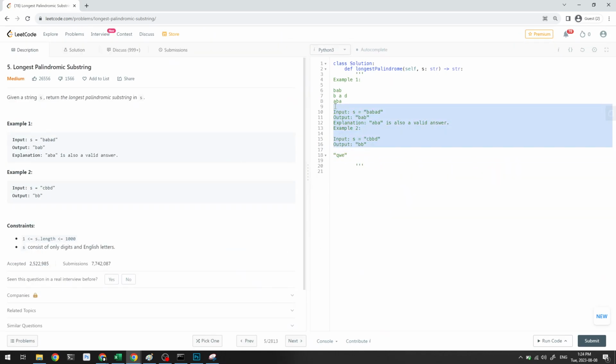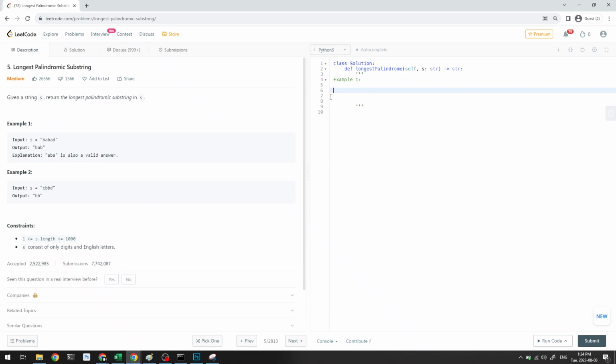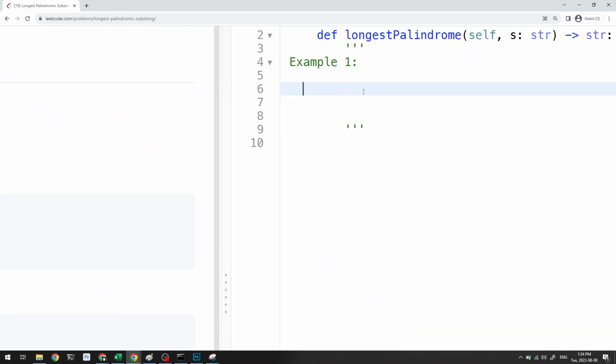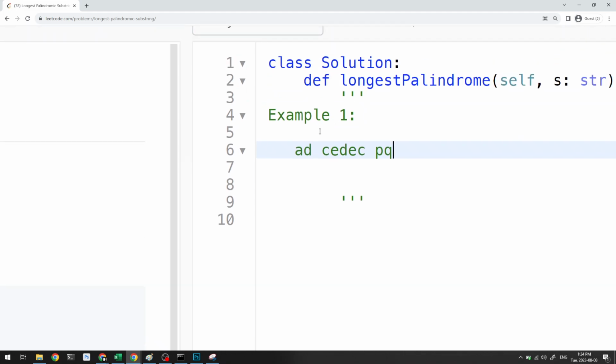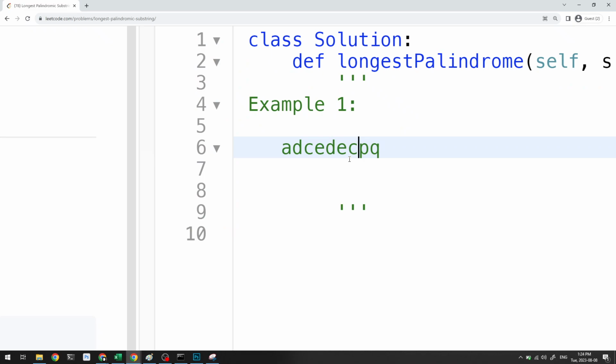So how might we go about doing this problem? So let's take a look. Let's just say we have AD, and then maybe we'll have EEE, and then maybe we'll have a D here, and then maybe this is like PQ, something like this, right? So if this is our substring, and let me join them together right now, so if this is our string in its entirety, and we want to find the longest palindrome,